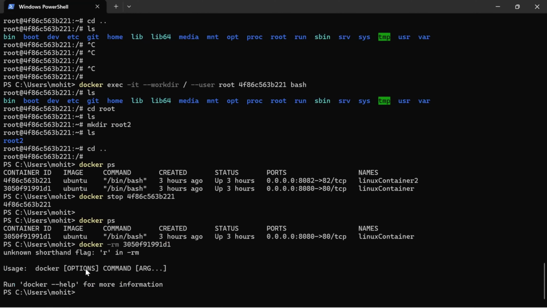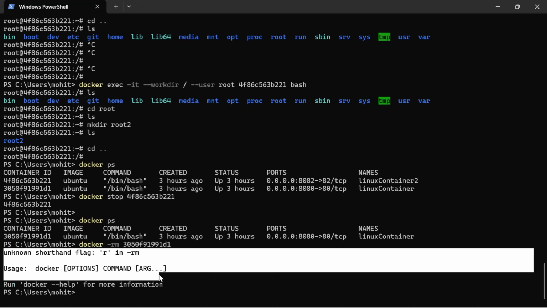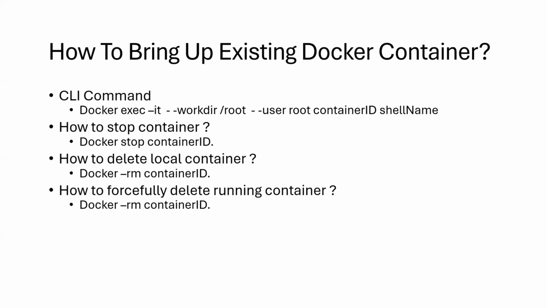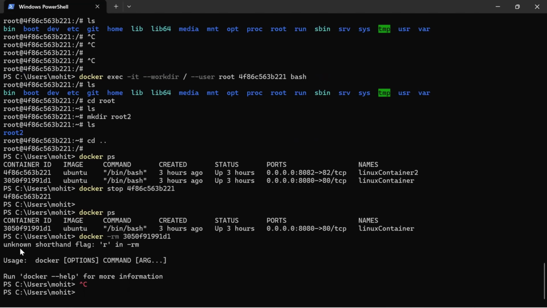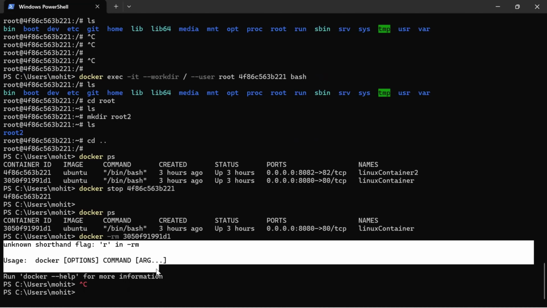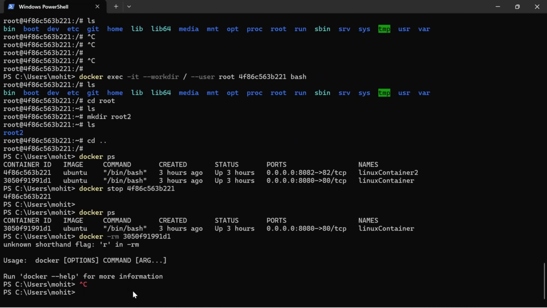See, it is telling shortened flag R in rm. It's R, right? Just a minute. It has just thrown this error. So let me try one thing. Now, I'll just say docker